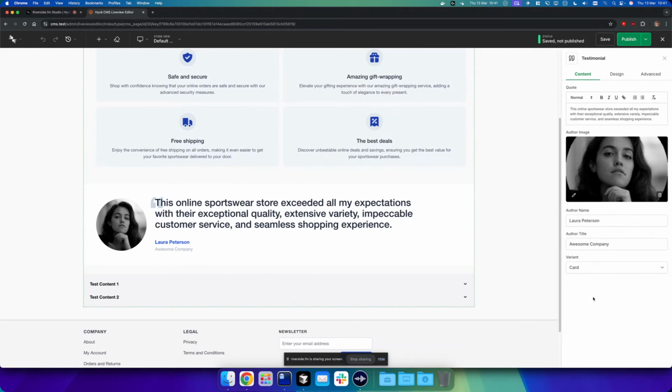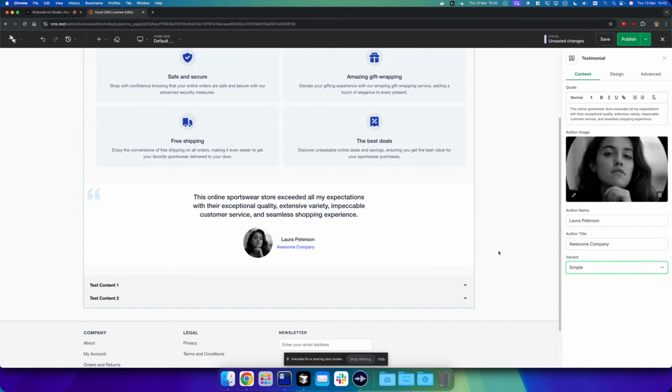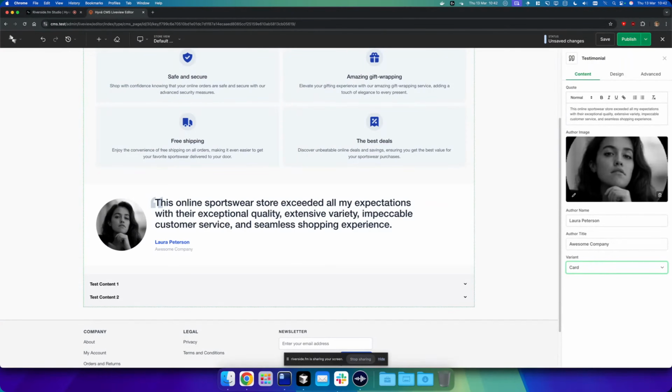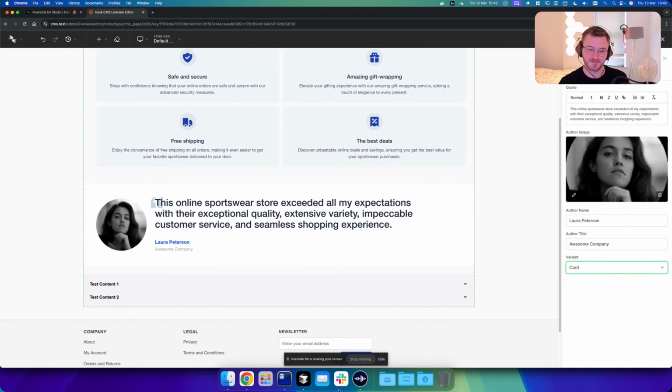Variants mean that we can change the template based on a setting. So here we have 2 different variants. I can go to the simple variant, and that will just change the template on the fly. So we can have template A, template B, and rather than tweaking multiple different settings to get it that way, we can just have the same content and just go, now I want to use template B. I think that's an awesome piece of functionality, and I think it's definitely game changing for us, and it's going to be really, really good for merchants.